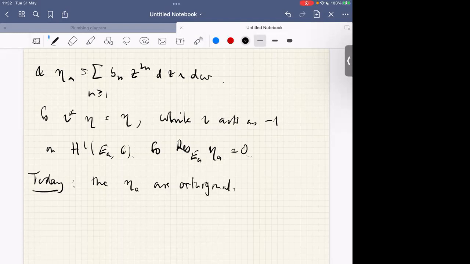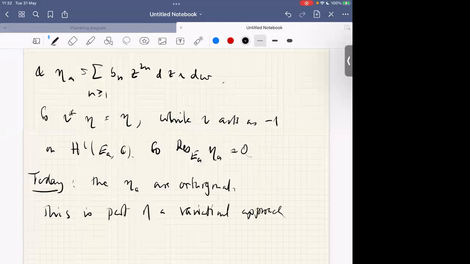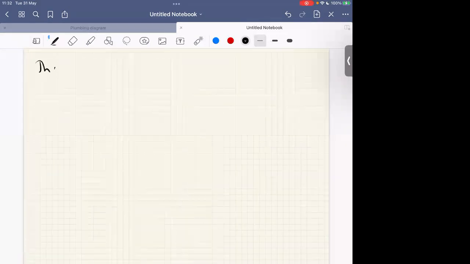This is part of a variational approach. So, theorem. For every point in Z,